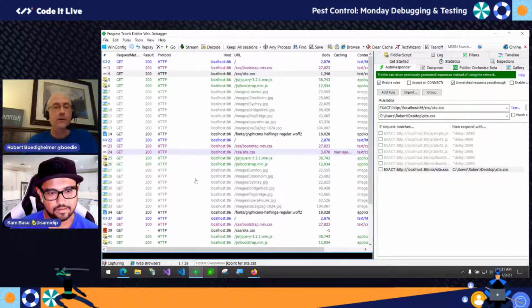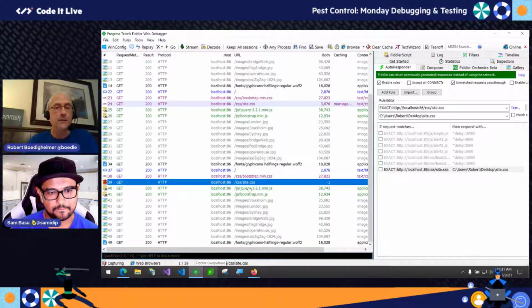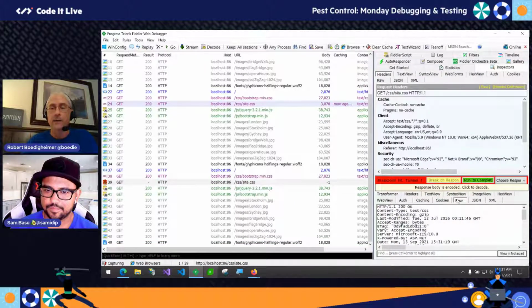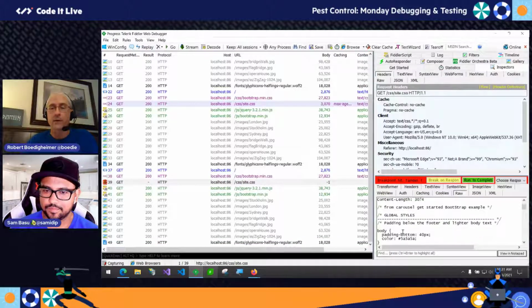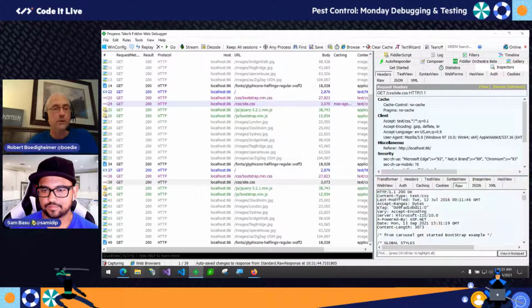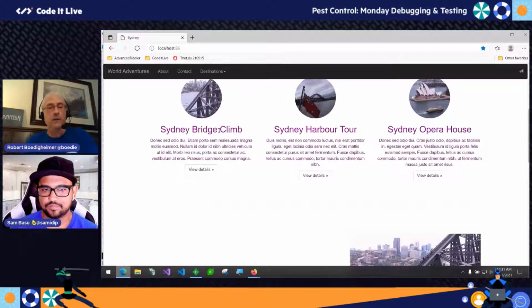I'm going to come over here and find that request. I can see it sitting right here. If I go to the inspector now, I can actually take off the compression. We'll just make it purple here this time instead. So this is powerful too, because now I'm sitting between the client and the server and I'm manually tweaking. So I tweaked it to purple. I run it to completion. And now on the client, you can see it's purple.